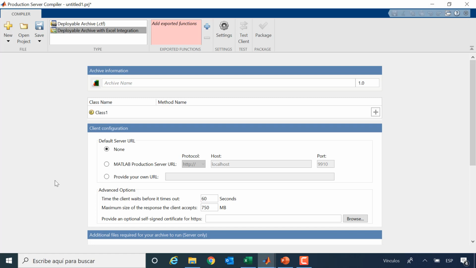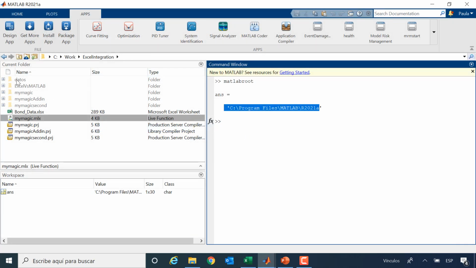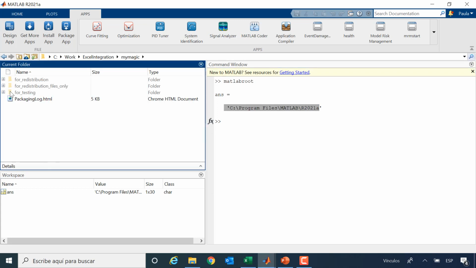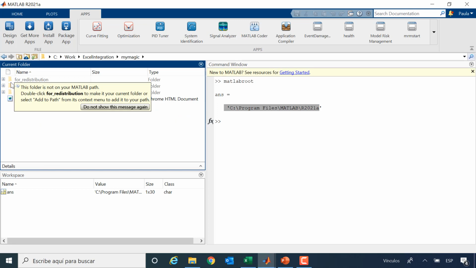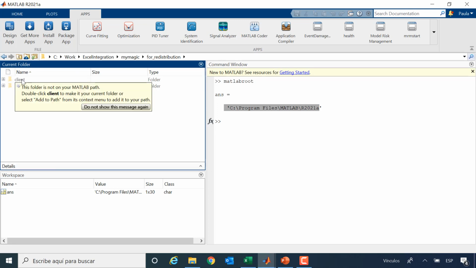But basically, once I click OK, then I would click package here, and when it finishes, I would obtain the following result. This folder will be produced. And within this folder, I have this other one.